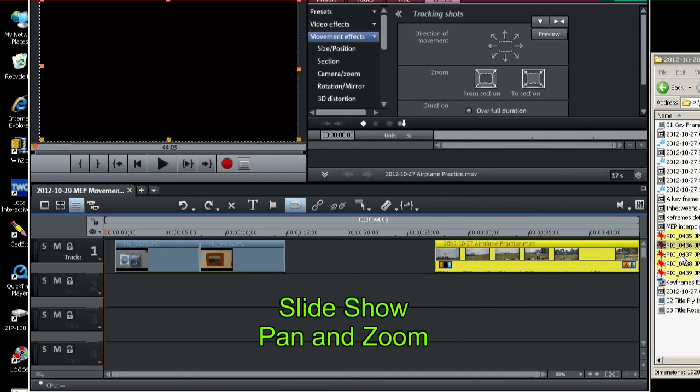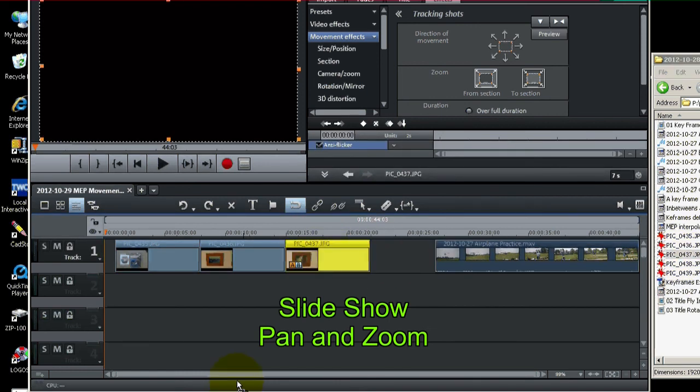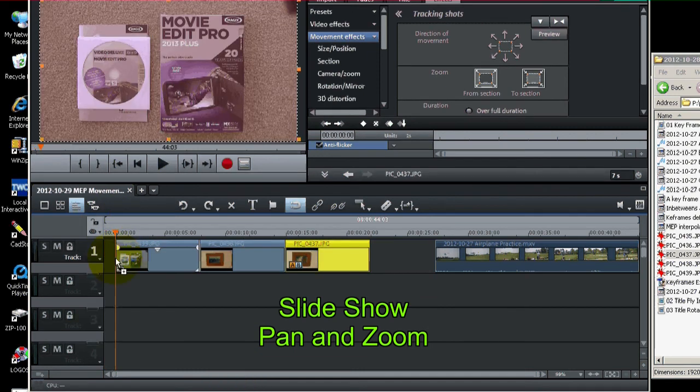I'll just do 3. There we go. Now this is for us if you wanted to make a slideshow. There's the first slide, just a little picture of the box of Magix Movie Edit Pro. And what I'm going to do is